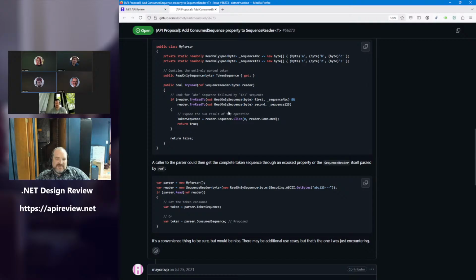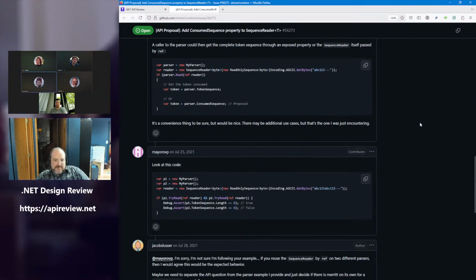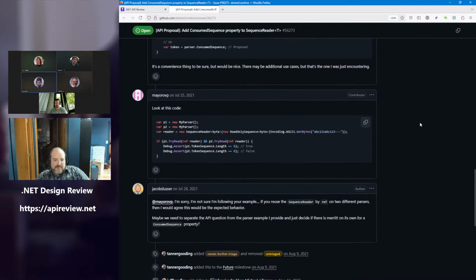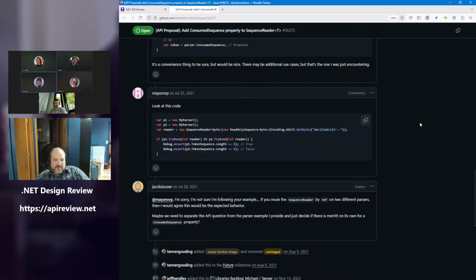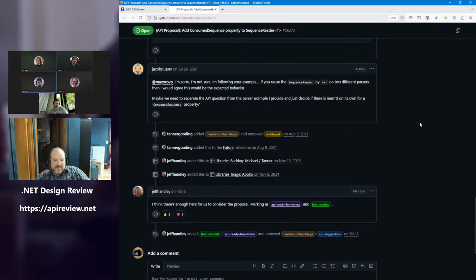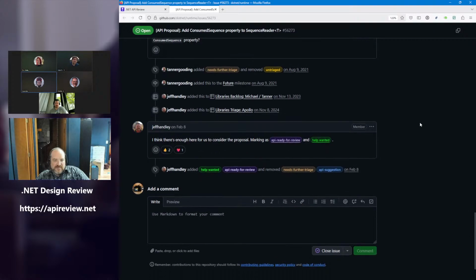Yeah, I agree. This one should be asking for the position before it called try read to. Yeah, because it's over-returning. The consumed sequence is too much. Right, and if you keep scrolling, someone else basically makes that point. And it's like, look, this debug assert would fail, right? Which is basically what they're saying. Anyway, I don't think we should accept it. The best way to put it, I guess, is you can already achieve this with slightly more code. It doesn't seem like it's a super common need, and it might be prone to